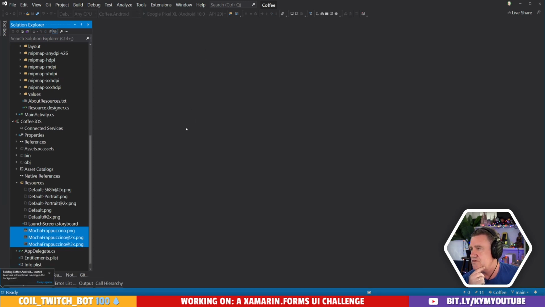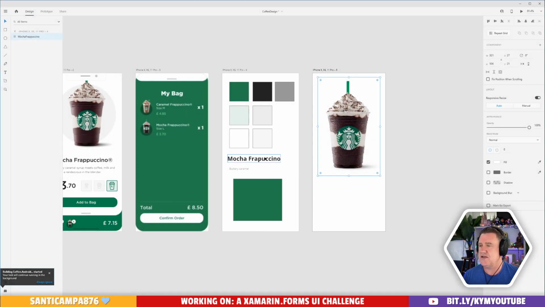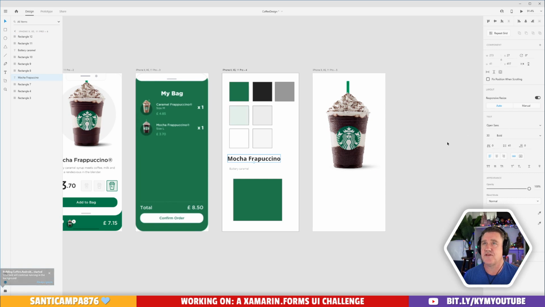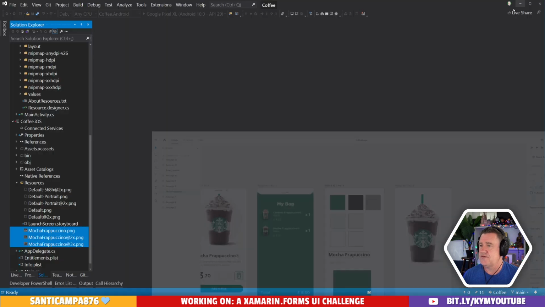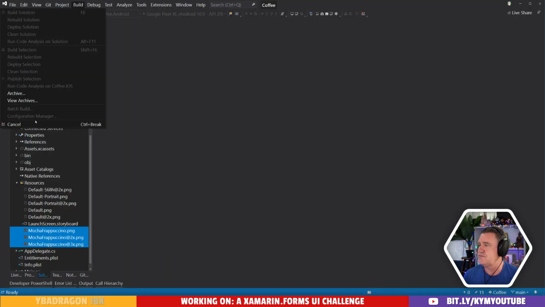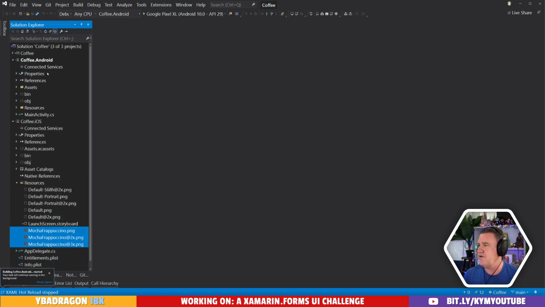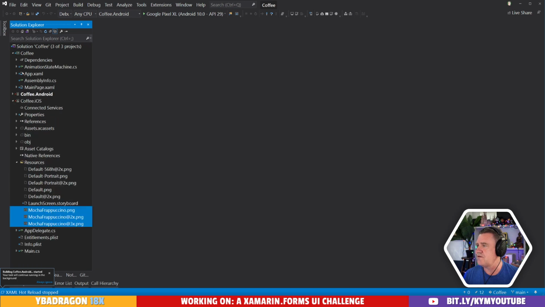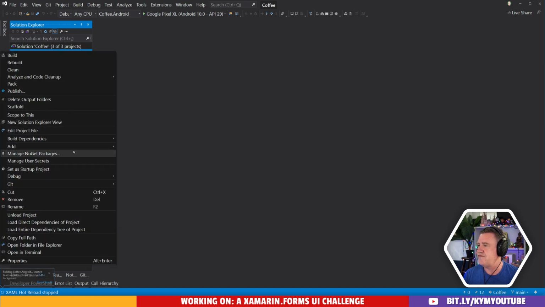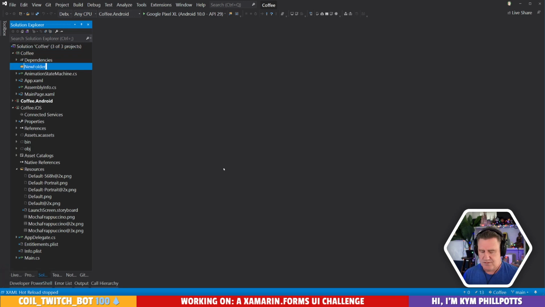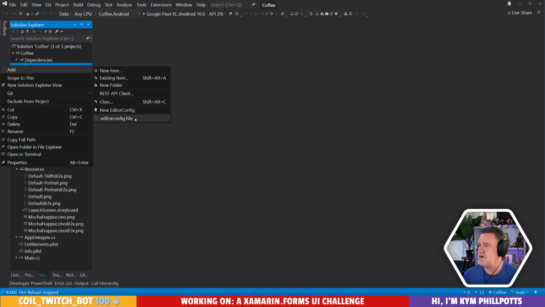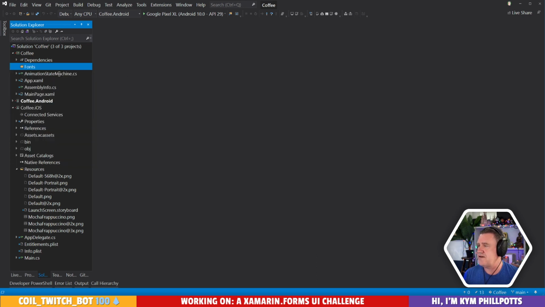All right. So actually, before I do that, I probably want to get the fonts in as well. So I think we decided that Open Sans was the way to go. So I'm going to cancel this build, as you do. Let's add the font in, because if we add the font in, then we can design the screen while we're running. So I'm going to add a folder here called fonts. And we'll add in, oops, not a new item, we'll add in some existing items.